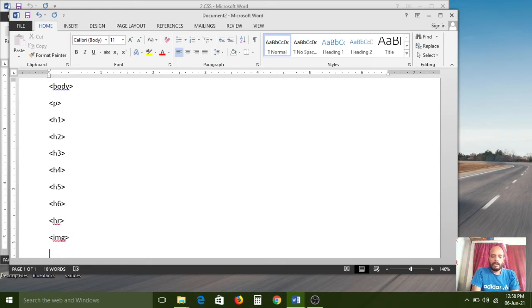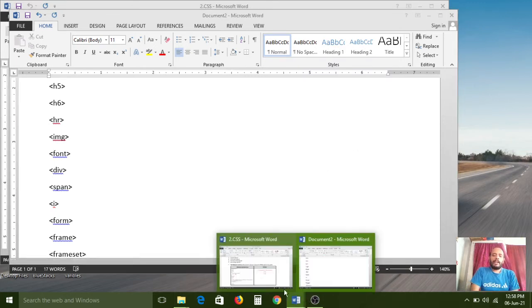Next, font is also one of the elements. Div is also one of the elements. Span is also one of the elements. And the next one, italic is also one of the elements. Form is also one of the elements, and frame is also one of the elements. Frame set is also one of the elements. Like that, in previous classes we have completed a number of tags. So each and every tag is called an element.